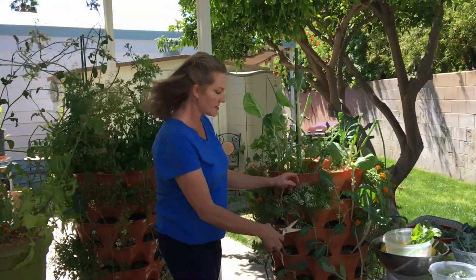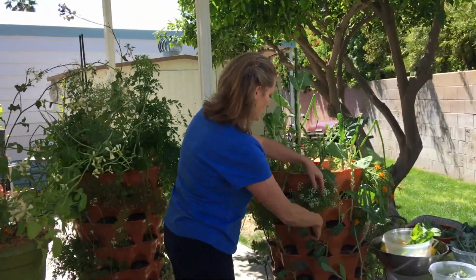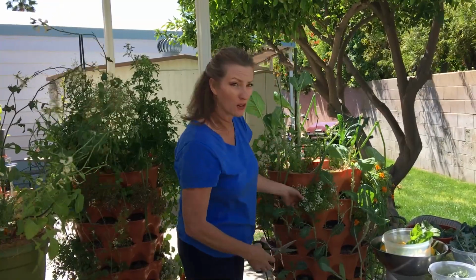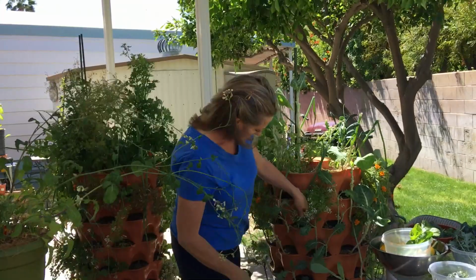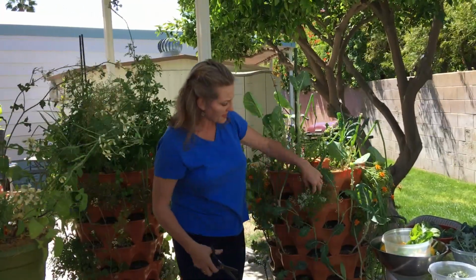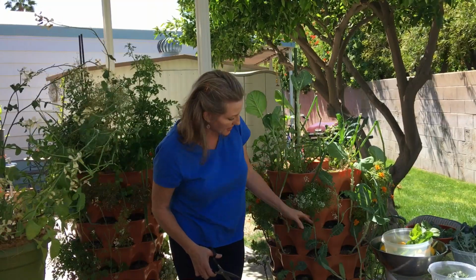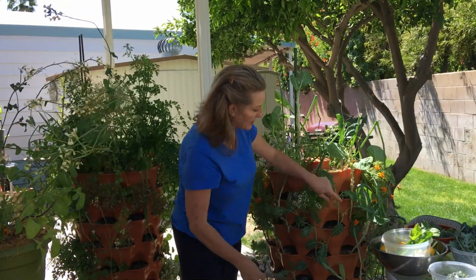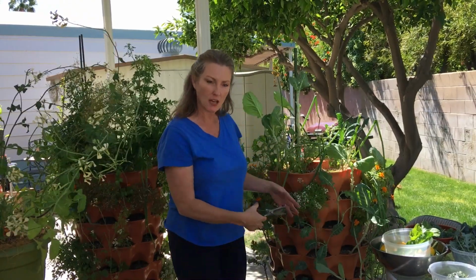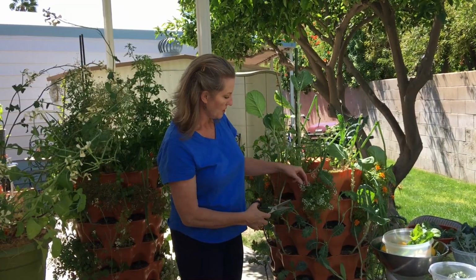And then what that does, I have to be careful that I don't cut the other plant. But what that does is it not only tidies up the area in the garden, but it's going to allow a little bit more light to come into my kale plant that's growing right below it. And it's also going to revitalize once I cut off this spindly growth. It'll produce more